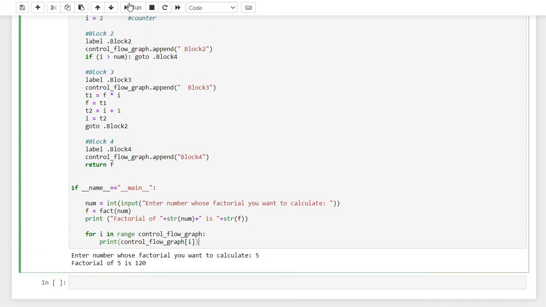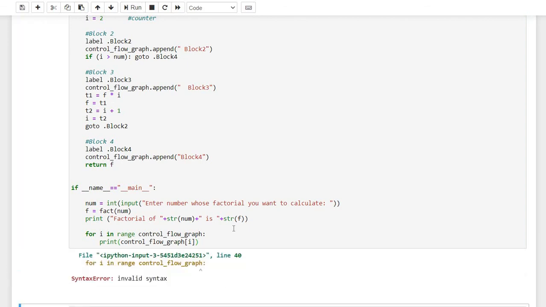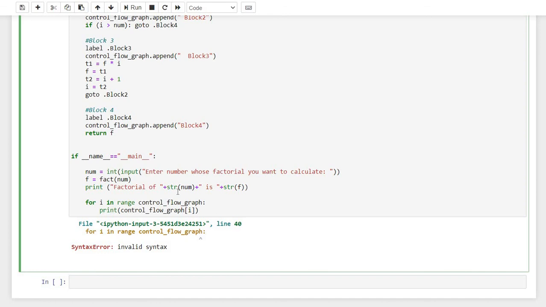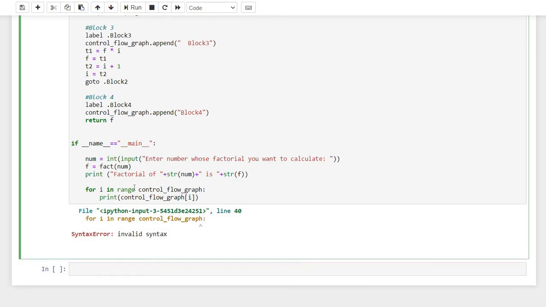That is my motive. Okay, I'm sorry, there's some invalid syntax here. Yes, i should actually be an integer in the range of the length of the control flow graph, because if I say for i in control flow graph, then i would actually be block 1, block 2, block 3, block 4. I don't want that, so I'll just change it. Yes, now we'll run it.